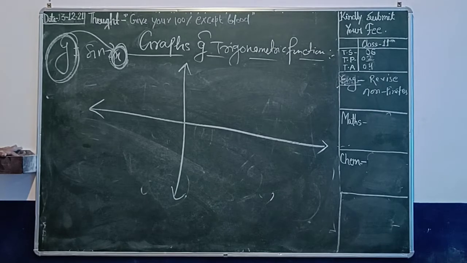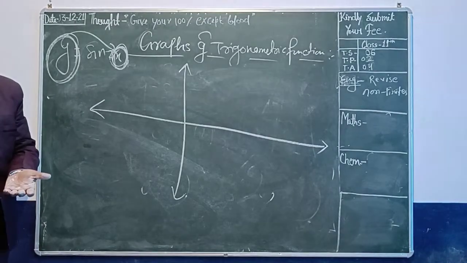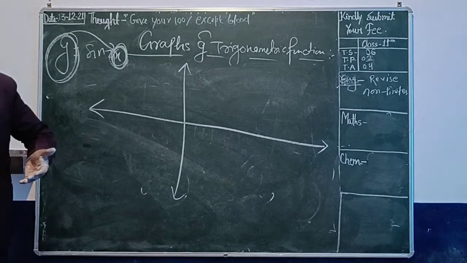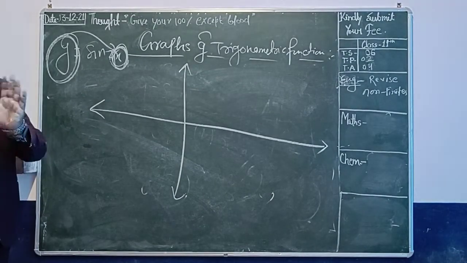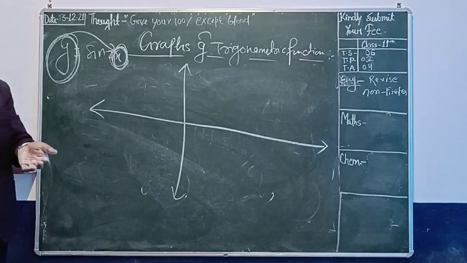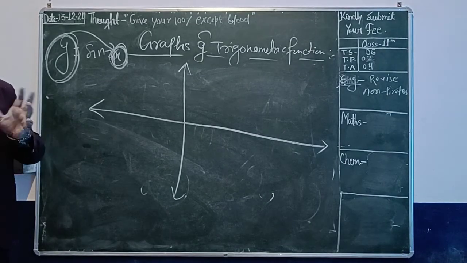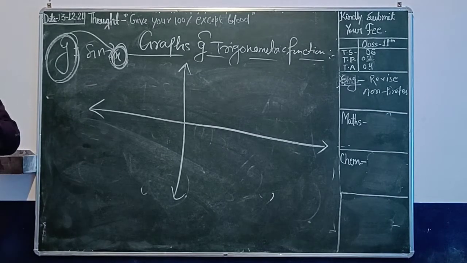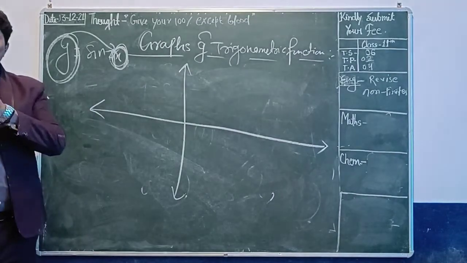Is it clear? Sin 0, 0 you are getting. Sin pi, y equal to sin 2 pi, you are again getting 0. Is it clear? You are getting 5 pi by 4. At that time you are getting 1. The value will be 1 when it will be 5 pi by 4. Pi by 4, the value will be 1. 3 pi by 2, you will get something else. You will get 2 pi, you will get 0. Now you can draw the graph y equal to sin 2x.